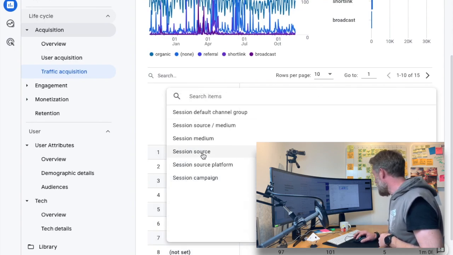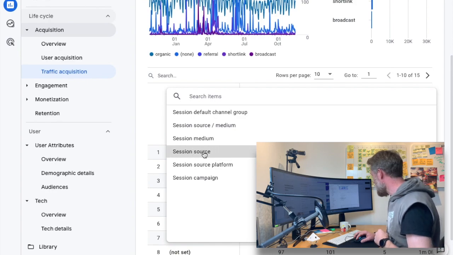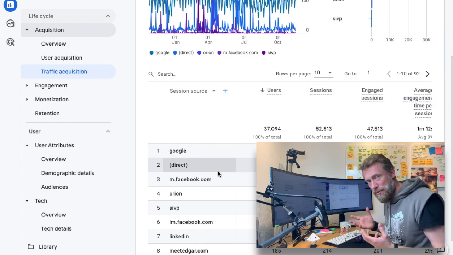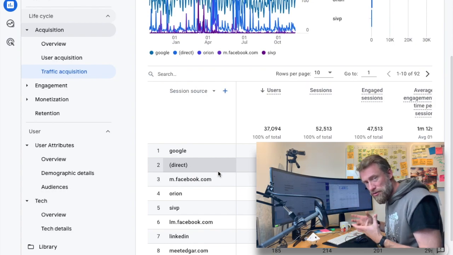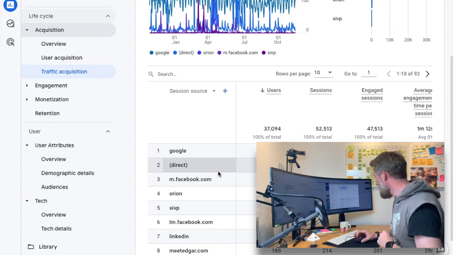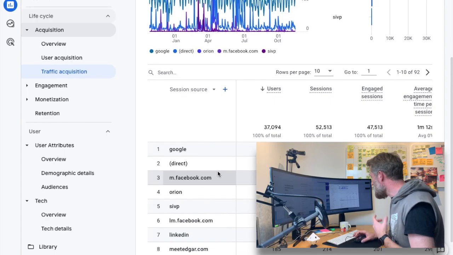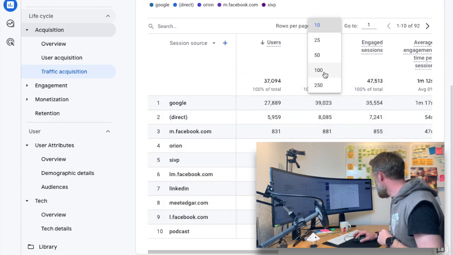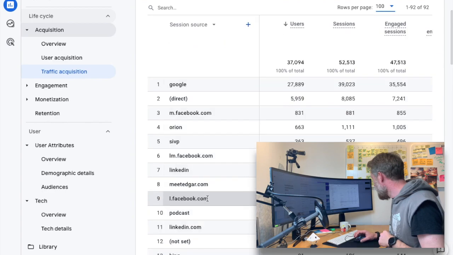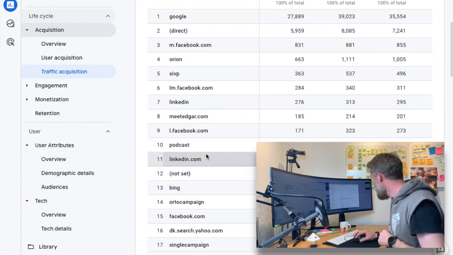If you want to dive even deeper into it, we go to sessions and sources. And I haven't been able to find a single place where you can have only the social traffic, but this is the next best thing. So LinkedIn is here. We need to expand this to have more lines. Facebook is here. My podcast, LinkedIn is here. More Facebook.